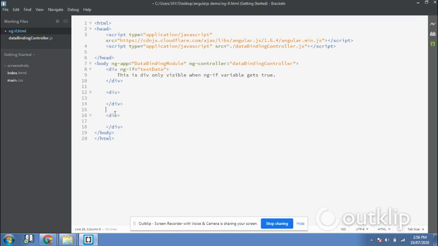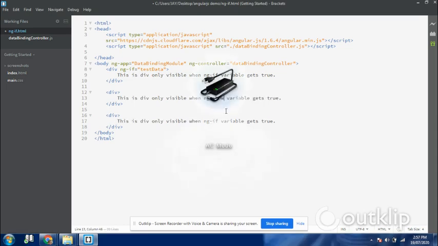So I'm copying the div content into both the div tags and replacing the names of the directives: ng-show for one and ng-hide for the other. And I just pass the directive name here. ng-show is equal to the same object, data, and in that div tag ng-hide is equal to the same object